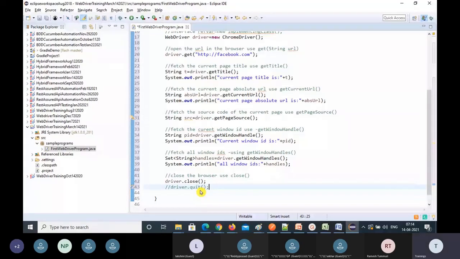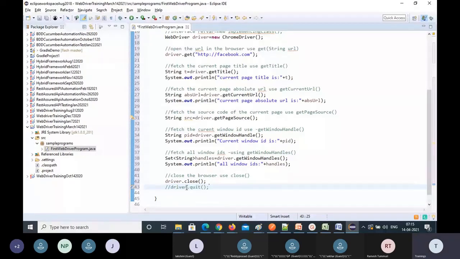Close will close the current window where your cursor is. Only that window it will close. And quit will close all the windows that are associated with the WebDriver. That means if WebDriver opened many windows, all of them will be closed at a time. So you are quitting the entire driver. However many browsers, tabs or new windows were opened by WebDriver, all will be closed by the quit method.